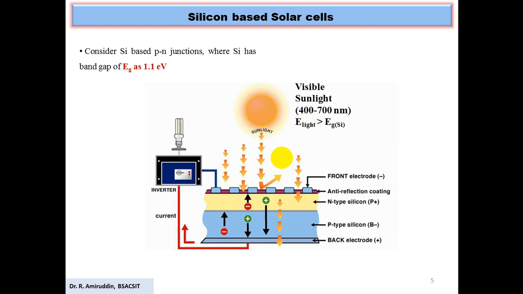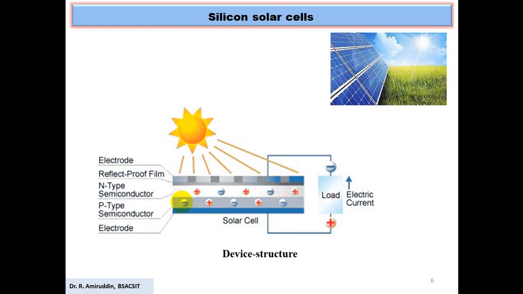During this process, when light is illuminated upon the PN junction of silicon, it generates electron and hole pairs inside the depletion region formed between the P-type and N-type silicon. And these photo-generated carriers will be collected as an output to generate photocurrent, which is applicable towards electricity. So we have seen many silicon based solar cell panels placed upon the rooftop. All these solar panels are based on the mechanism we have discussed now.